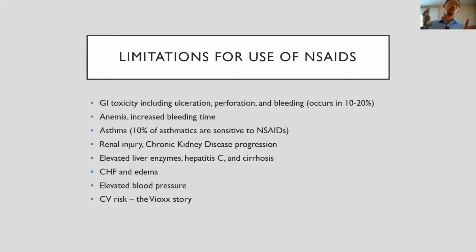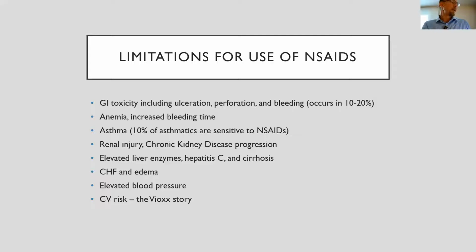And they said, we're going to have an intensive arm that's managed to below 120 on the systolic, below 60 on the diastolic, versus the usual care. And the intensive arm had a decrease in stroke and cardiovascular endpoints. Now, that's not the purpose of our talk today, but I use that as an illustration to say, if we're raising the blood pressure of our patients by 5 millimeters of mercury, that may be significant.